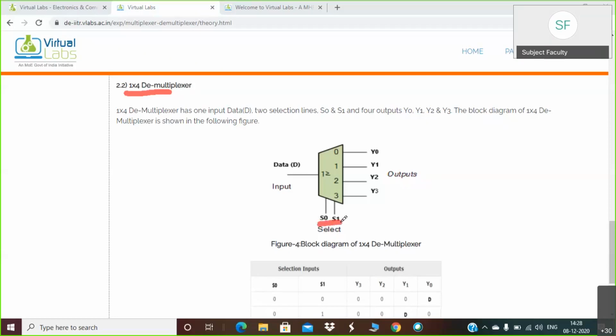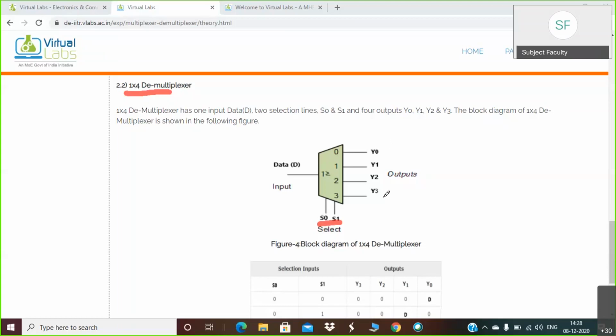S0 they have taken as MSB, and S1 is taken as LSB. There will be only one input, and this particular input is controlled by these select lines.